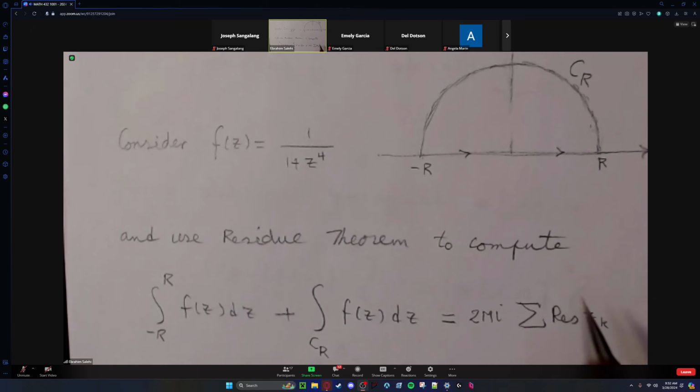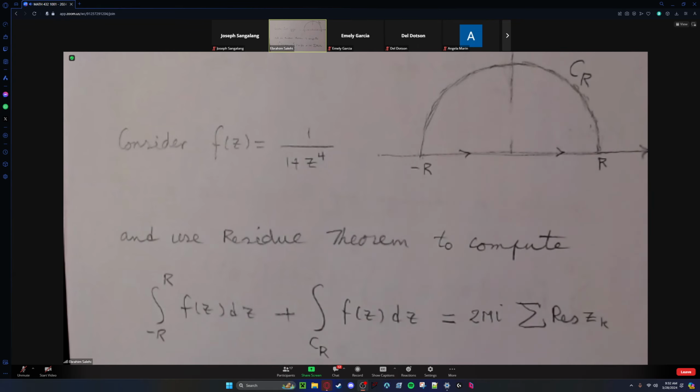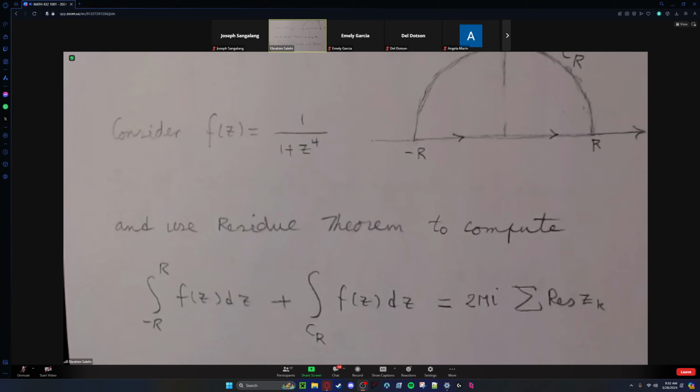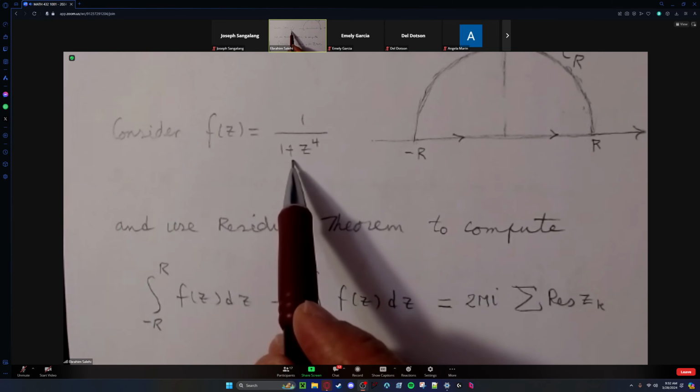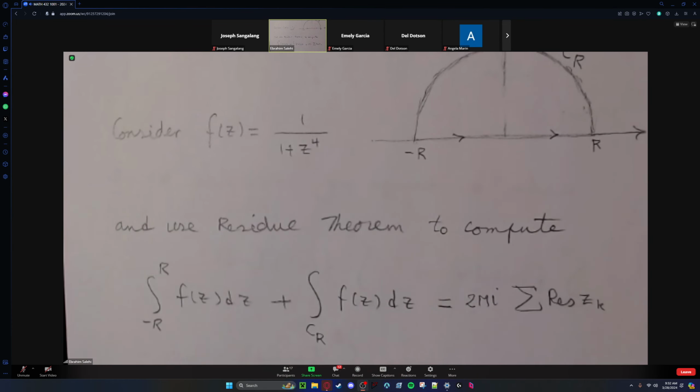And these are gotta be inside. But now we need to find the bad points of this function in here. Oh, the bad points are, of course, zeros of the denominator. So singularities, all of them are simple poles. So 1 plus z to the 4 equals 0